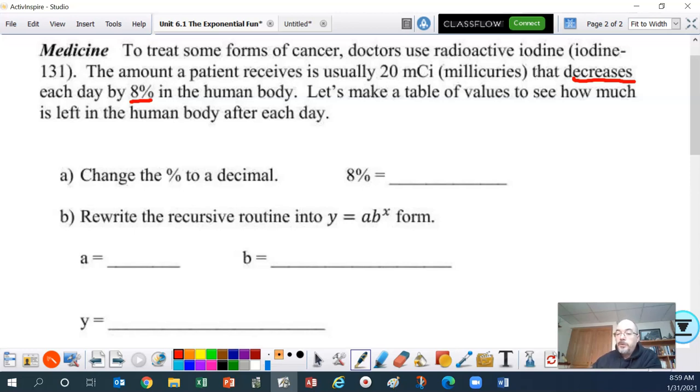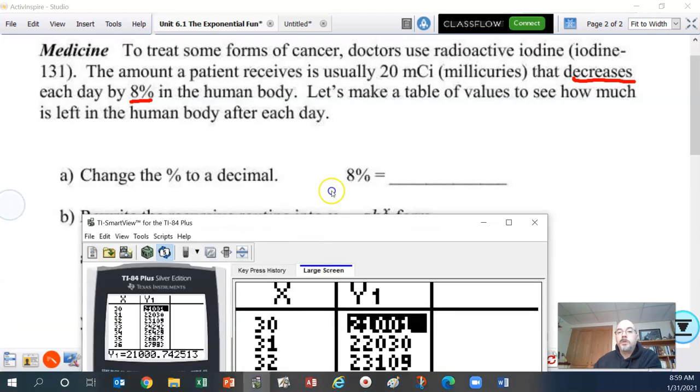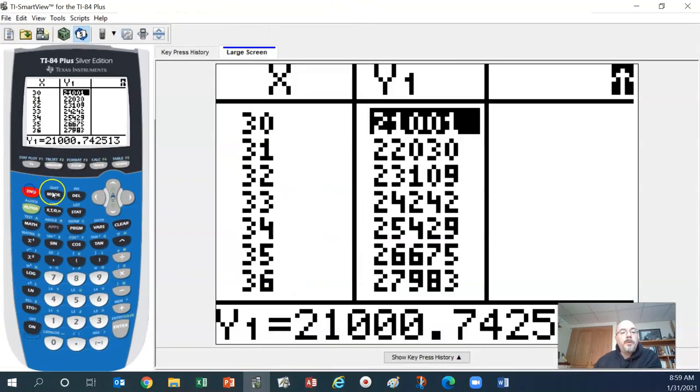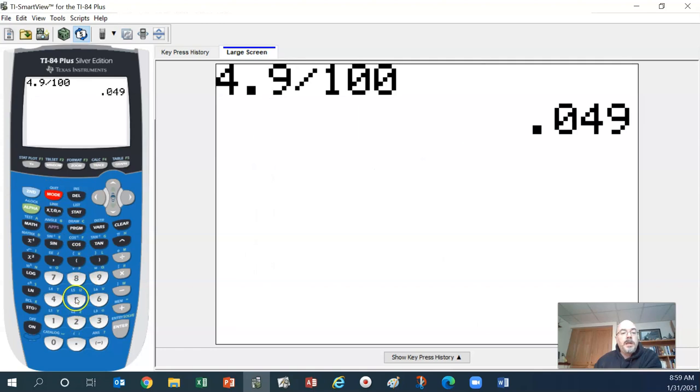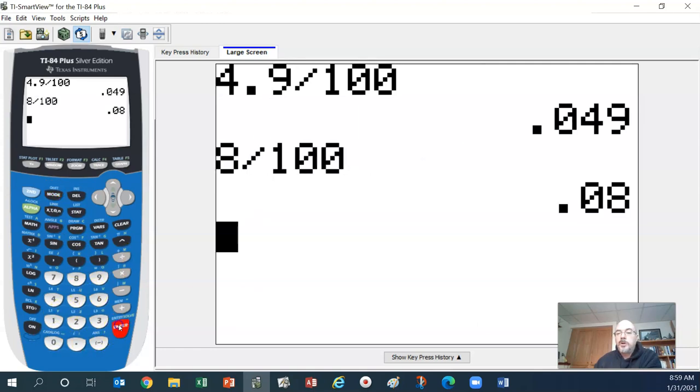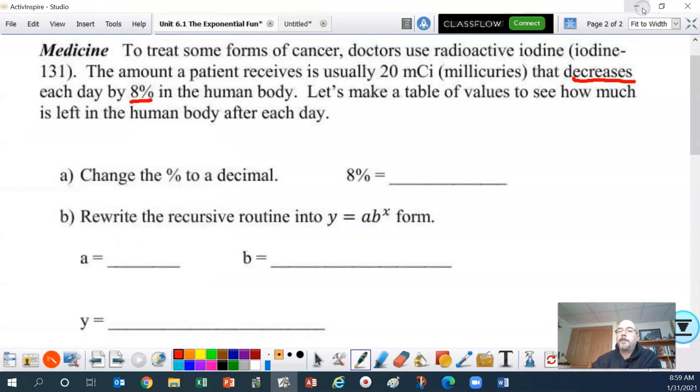Again, always change your percent to a decimal, and if you have a hard time with that, we can use our calculator and take the 8 and divide it by 100 to get our decimal, if you can't do it in your head, which is 0.08. Now notice the key word decreases. First of all, we're going to start with 20